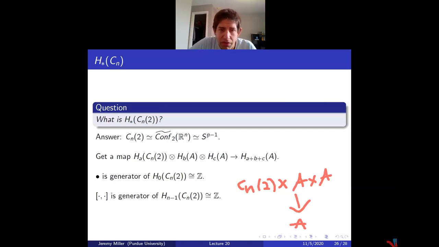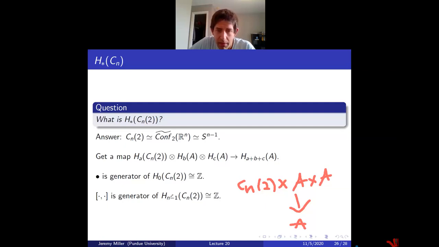And so, the sphere has 2 interesting homology classes. If you plug in a generator of H0, so if you plug in the bullet into here, then A would be 0, and then A plus B plus C is going to be B plus C. So the generator of H0 of the sphere gives you the product, and then the bracket,